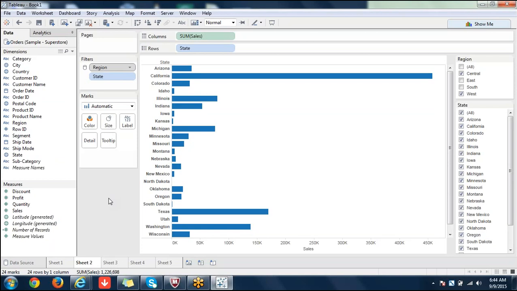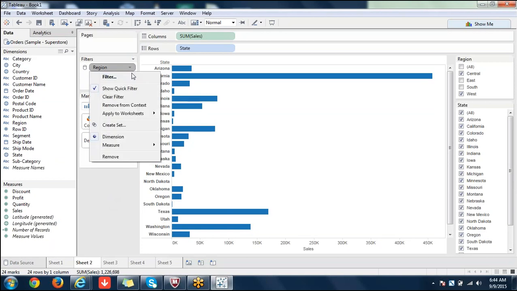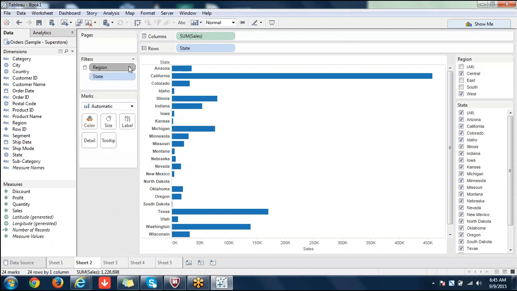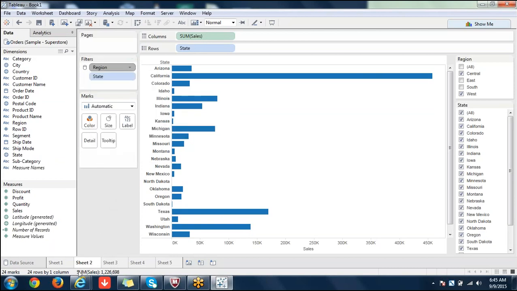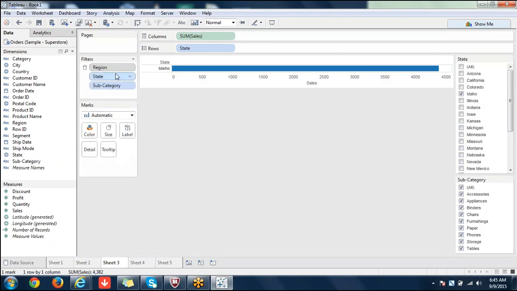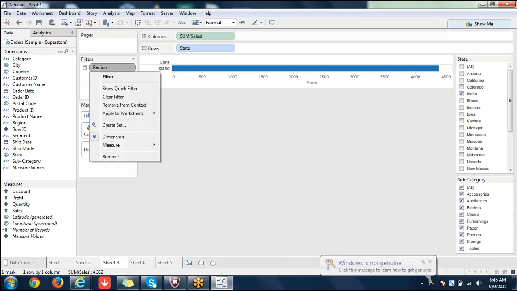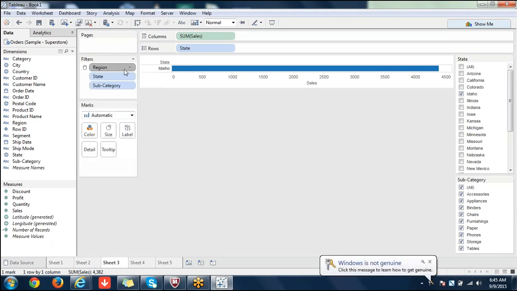At some point of time, let's say a couple of months after, if we want to remove a global filter, can we do that? Not only this option, any option you unclick, you select on it, it will go off. Apply to worksheets, you can remove it. Of course you can remove it. That's not a problem. You can remove it anywhere. It will go off.